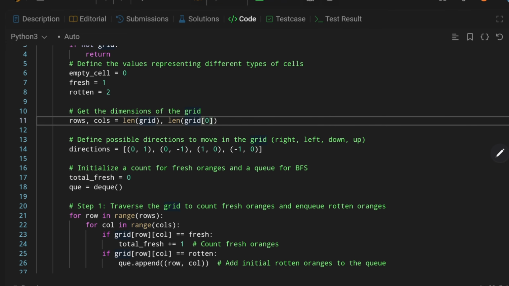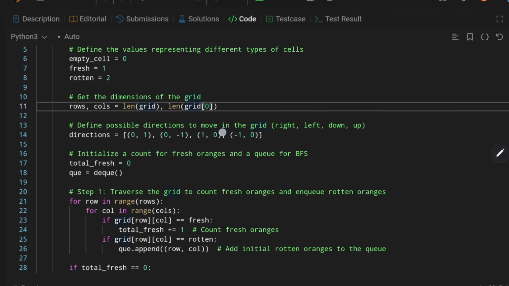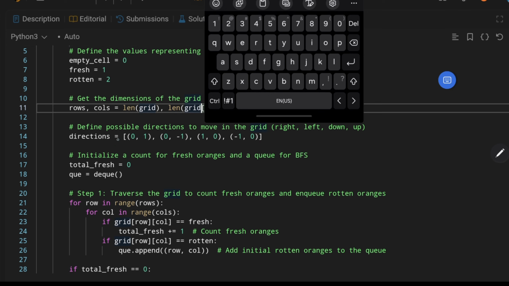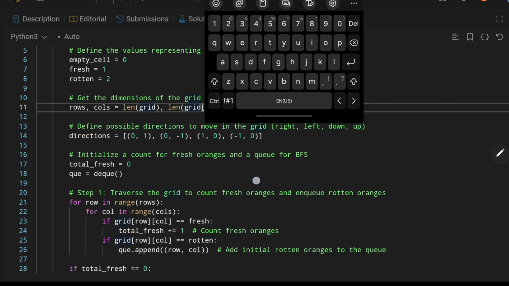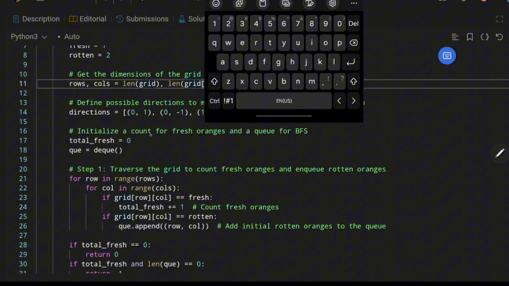Rows and the total rows and total columns of the grid. Then we define the directions, right? What are the directions? This one goes up and down, and this one right, and this one left, right? Then initially, in the first iteration, when we traverse the grid, we need to count the total fresh